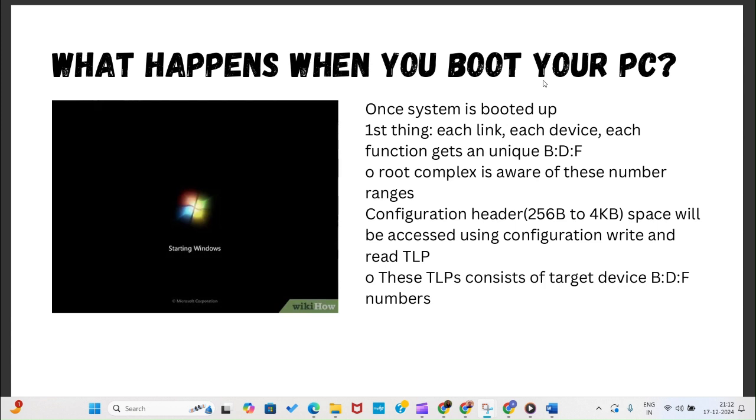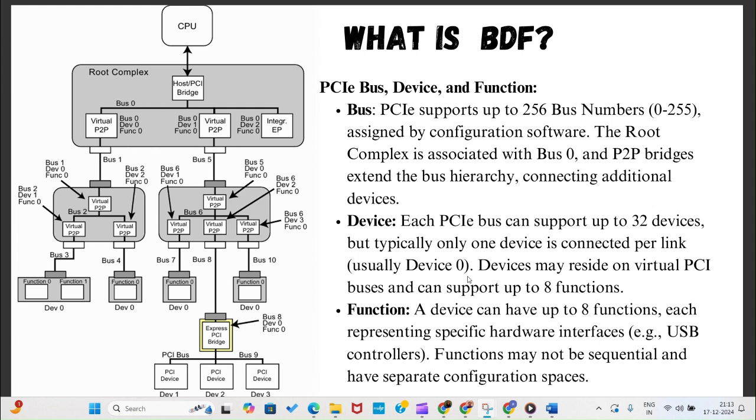Once the system boots up, first, each link, each device, each function gets a unique BDF. And the root complex is aware of these ranges. The configuration header, that is the 256 byte to 4 KB space, will be accessed using configuration write and read TLPs. These TLPs consist of the target device's BDF numbers. So what is BDF? Bus,